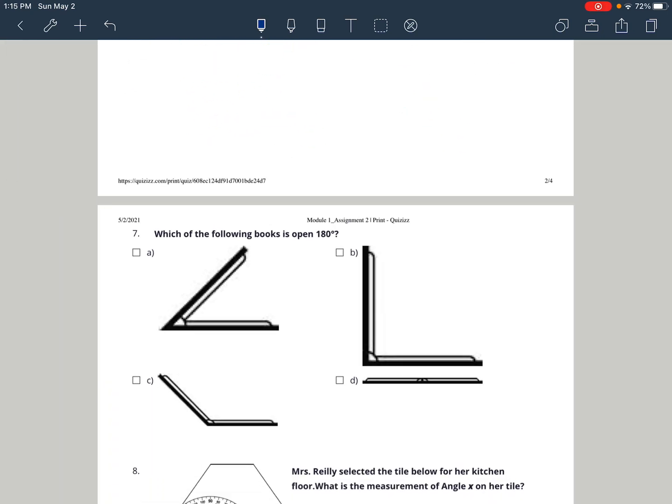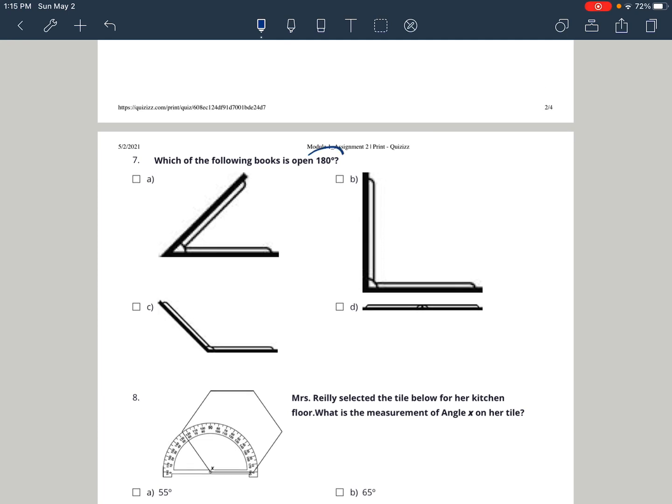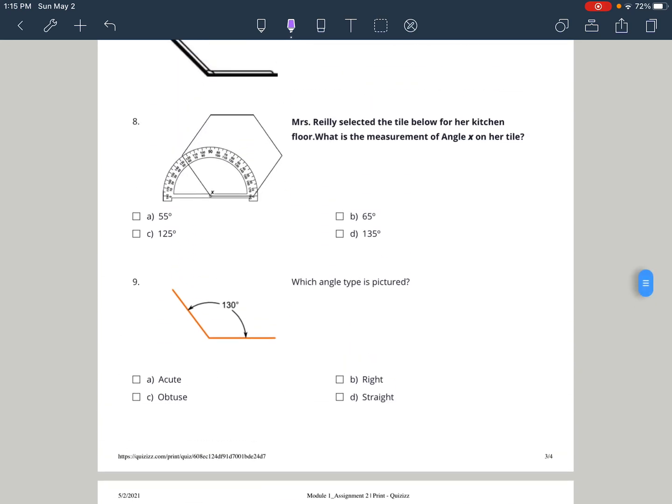Number 7, which of the following books is open 180 degrees? Well, remember that 180 degrees means a straight line. And the only one that has a straight line would be letter D. So letter D is the answer. And that should be enough to get you all of 70. If you want to do better, then you figure out the last 3